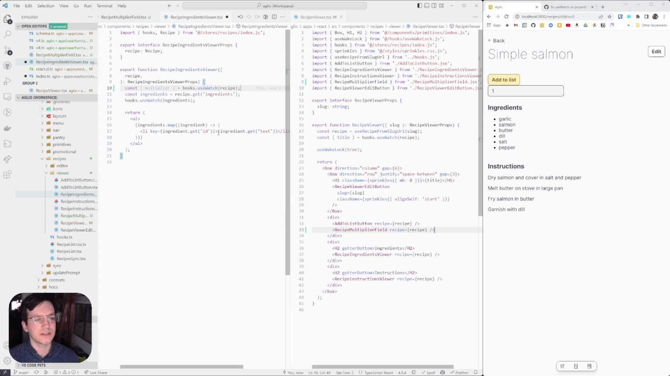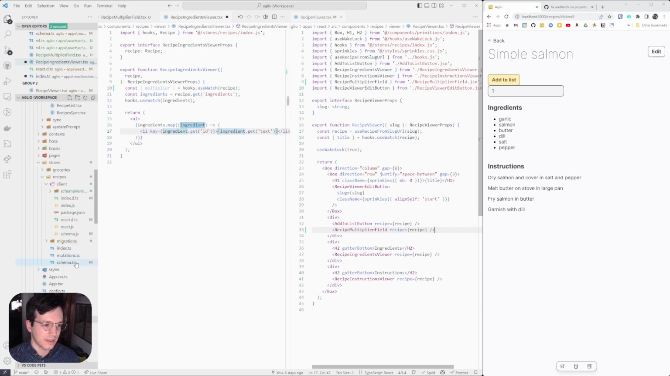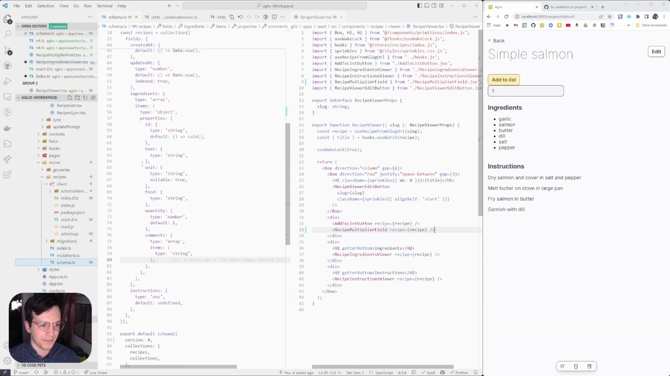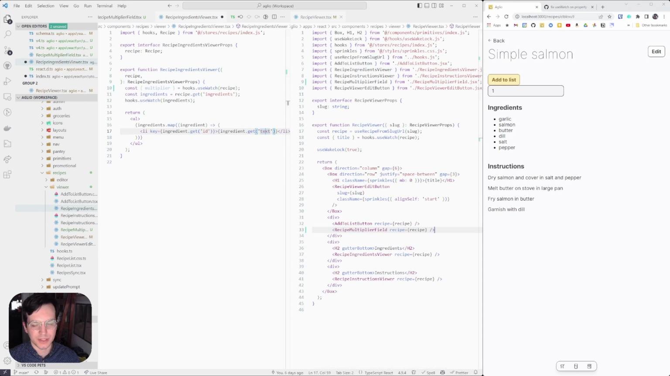And this is actually the most complicated part, the UX. So my ingredients in my schema are stored as objects. These objects include text, unit, food, quantity, comments, etc. Right now I'm only displaying the text, which makes sense if, like, basically my whole